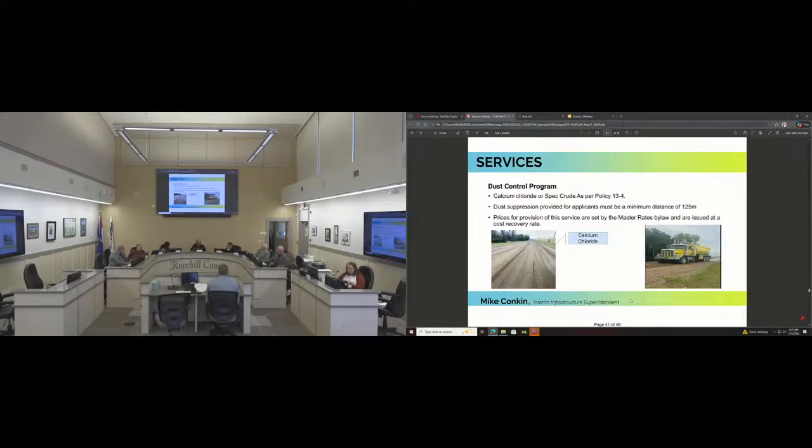Oh, yeah, sure. So this isn't actually spec crude. Is it spec crude that's hauled out of special areas? Or is it just an emulsified oil? It's an emulsified oil. Right, it's not spec crude. Spec crude comes out of the ground right at special areas. We don't use that anymore. I would have to double check with our vendor where they get it from. Yeah, I know, but this is just an emulsified oil that you guys are using. Virtually, yes, which is fine.